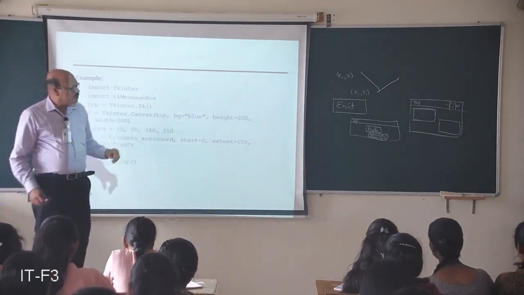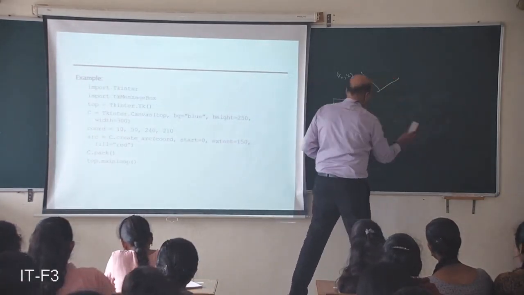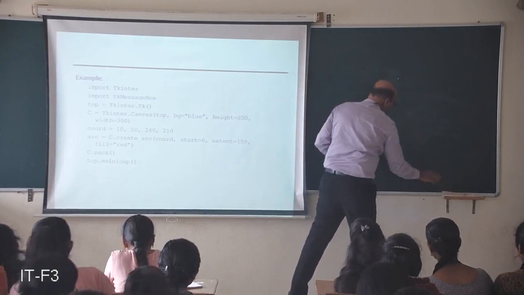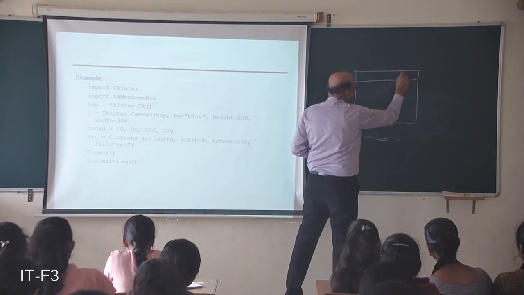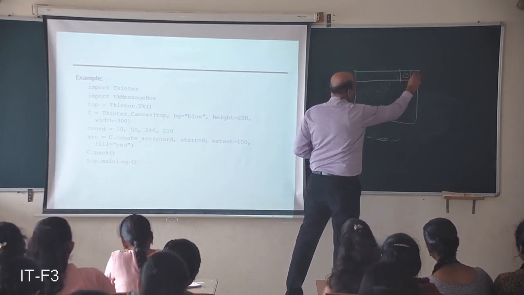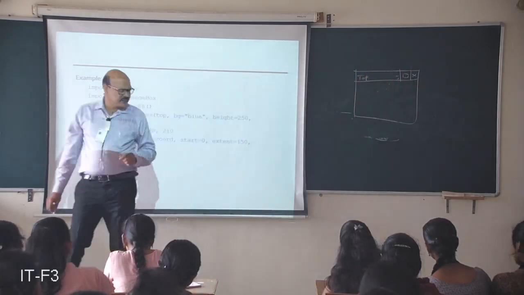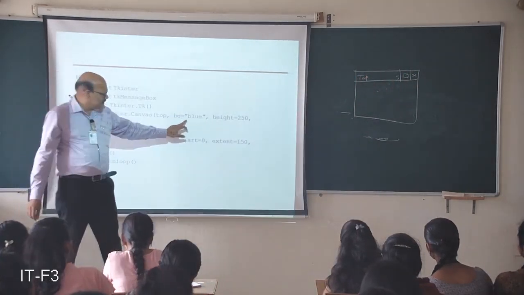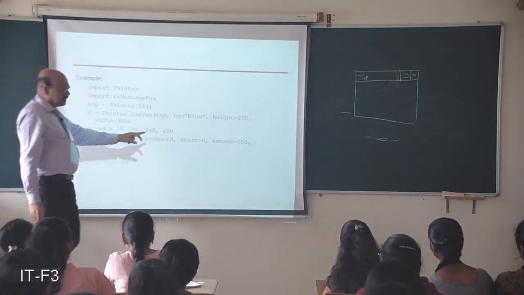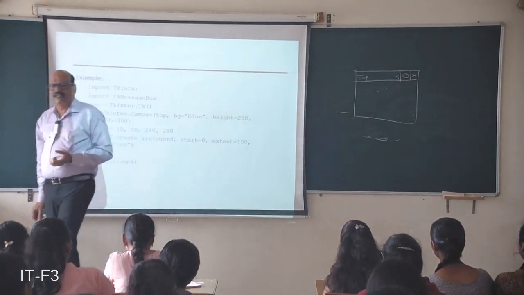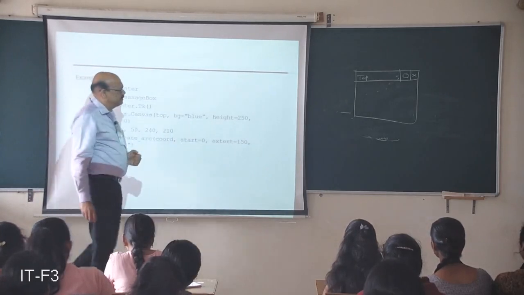Now if you see the output, a top level window will be created, with minimize, maximize and close at the top. Now next, what is the effect of this? bg is equal to blue. What is this bg? Background, yeah. So the background color of the canvas, we are setting it to blue,